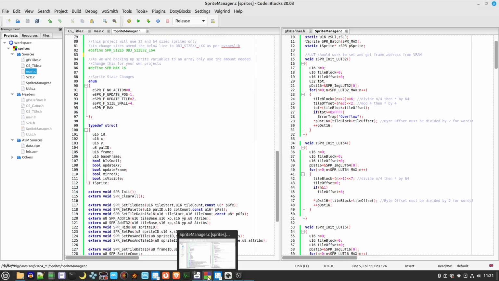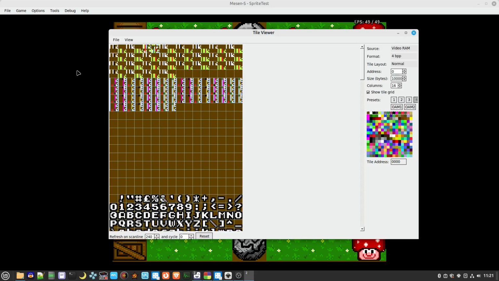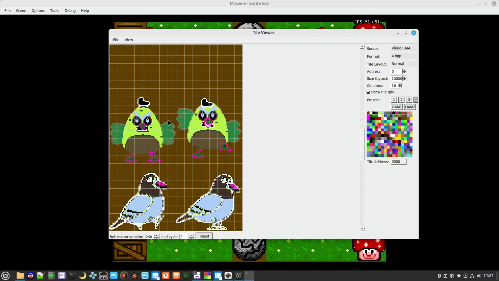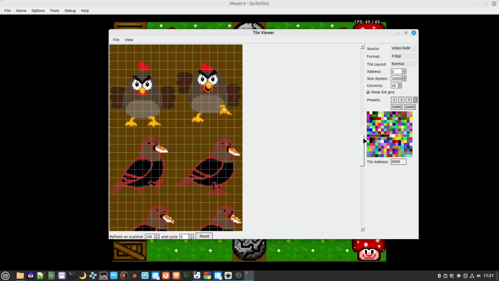If I get back to this here, when I work with the 64 by 64 sprites, the lookup table automatically calculates the top left of every starting point, and then I can refer to this as frame 0, frame 1, frame 2, frame 3, frame 4, frame 5, up to a maximum of frame 7, as you can only have a range between 0 to 7 of 64 by 64 sprites,